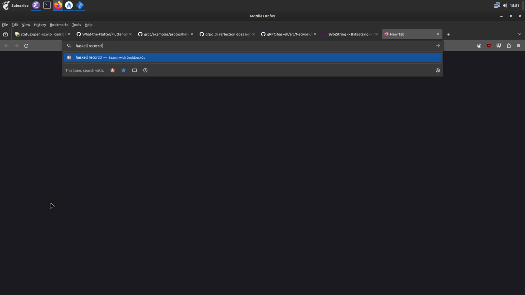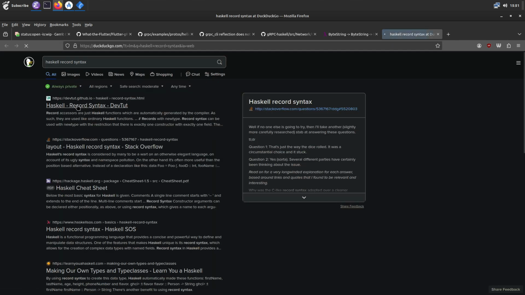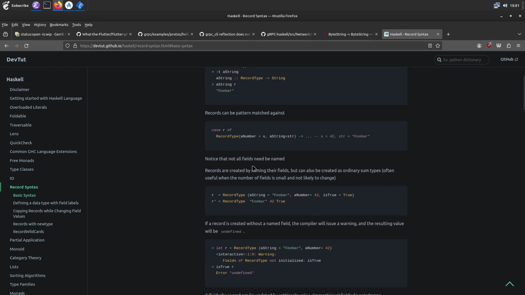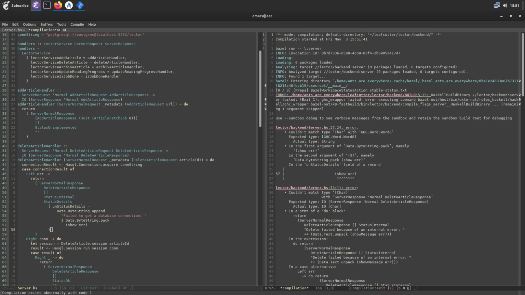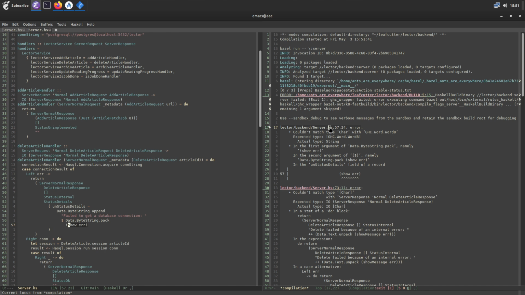What is Haskell record syntax? What? What if we call byte string pack on this literal and then just plus it with the show error. That way we have